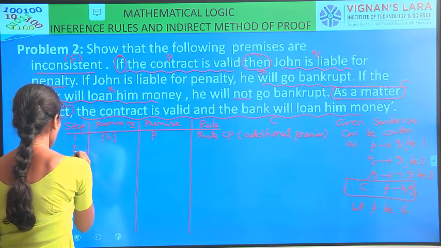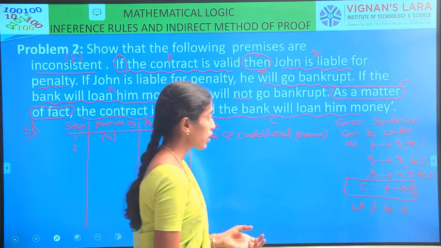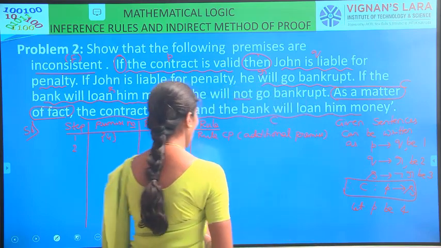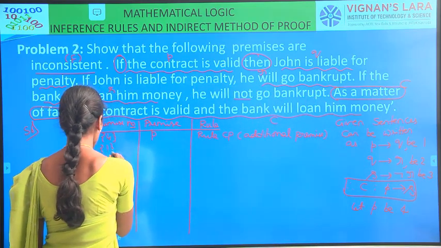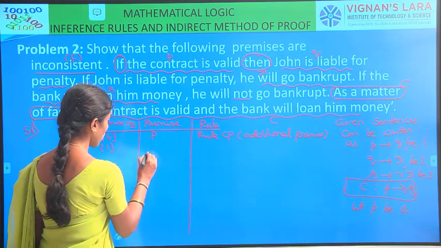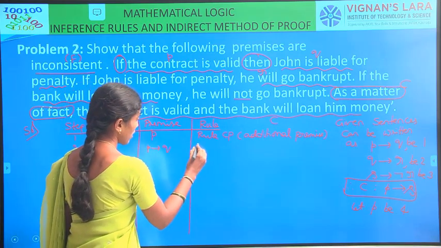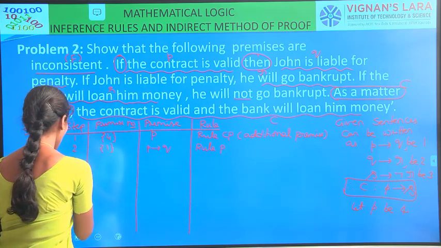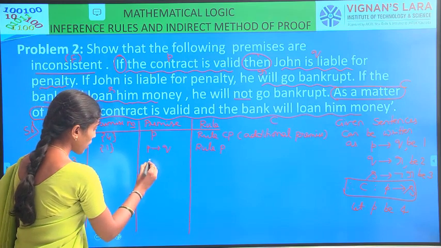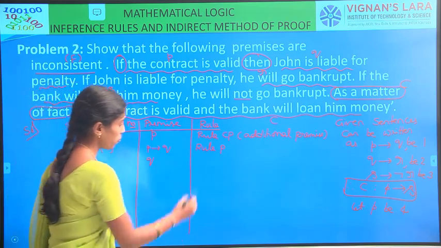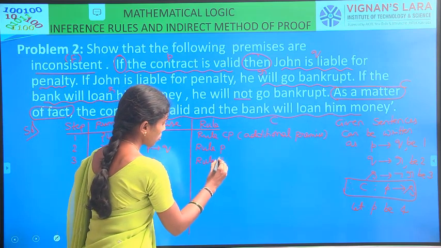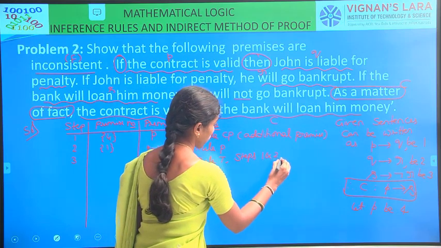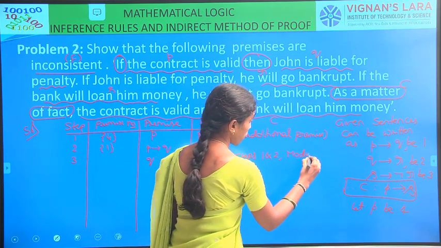Right? In the next step, because we already have P, among these premises, which premise starts with P? First premise. Now, use the first premise, P conditional Q. It is rule P, because the given premise we write as it is. In the third step, P comma P conditional Q is there, we get Q. It is the derivation part, rule T. We use steps 1 and 2. And we use the formula of modus ponens.